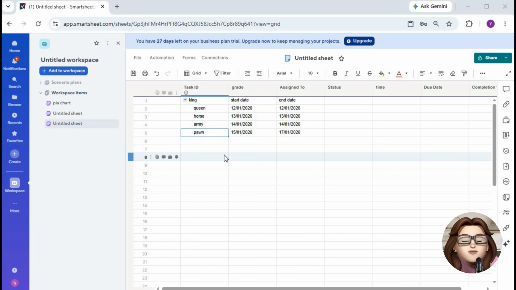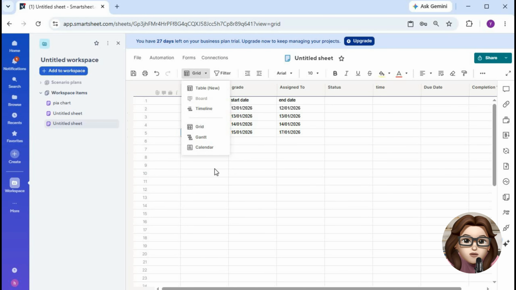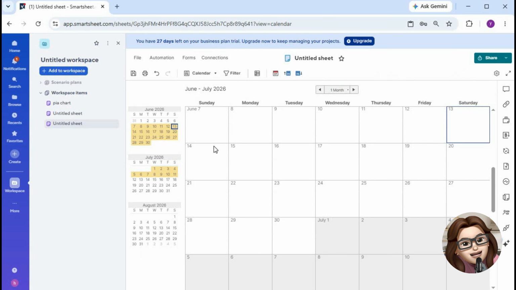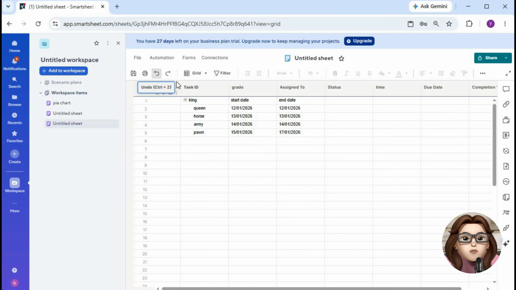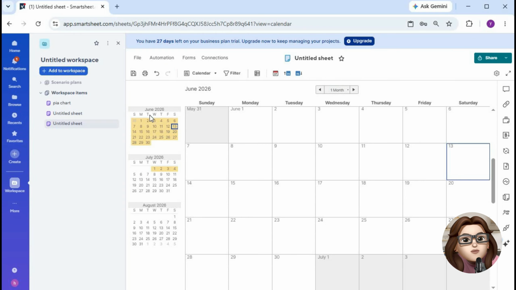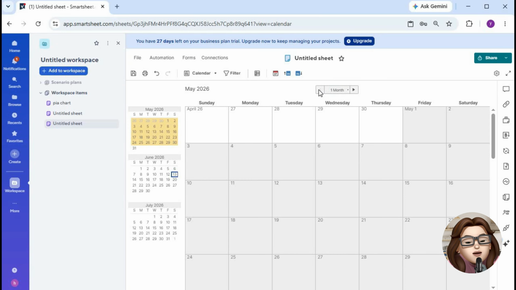Now, switch from Grid View to Calendar View by selecting the Calendar option from the View menu at the top of the sheet. Smartsheet will automatically organize your tasks and events based on the dates in your sheet and display them on a calendar. You can click on any calendar item to view additional details, edit information, or update dates